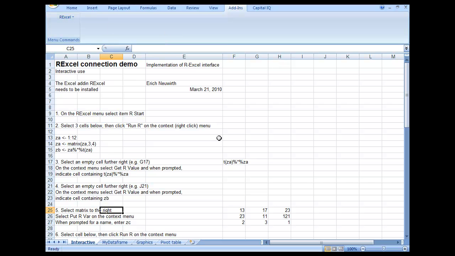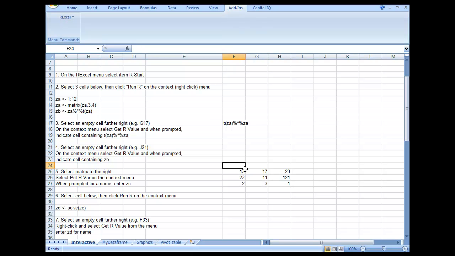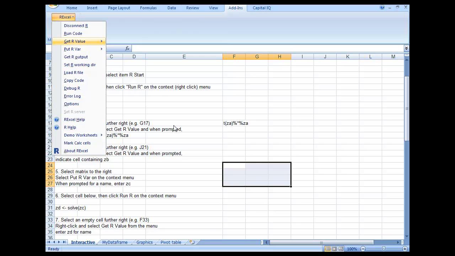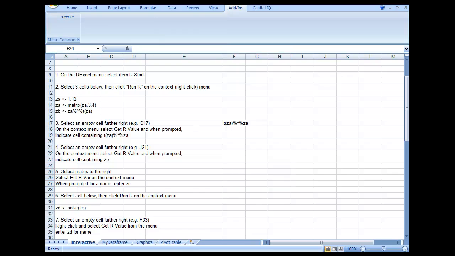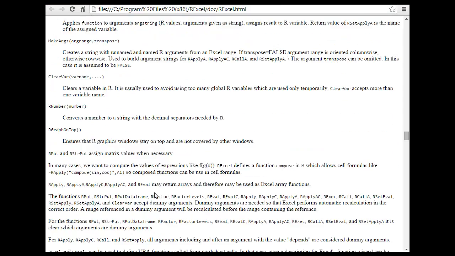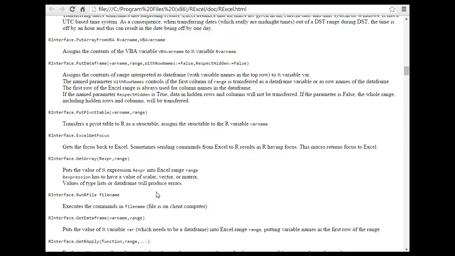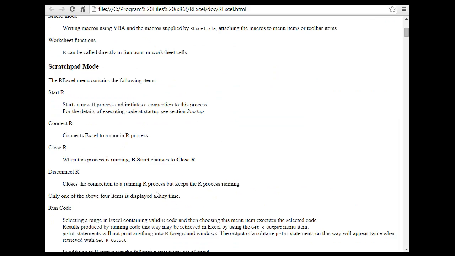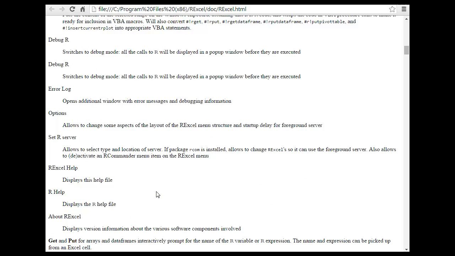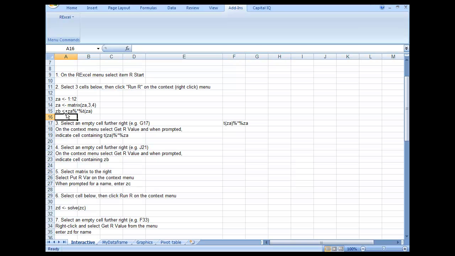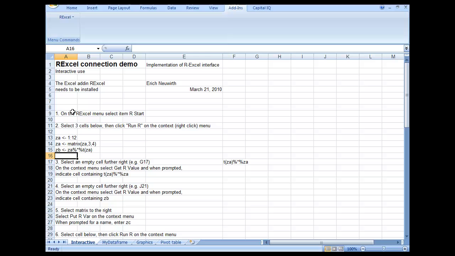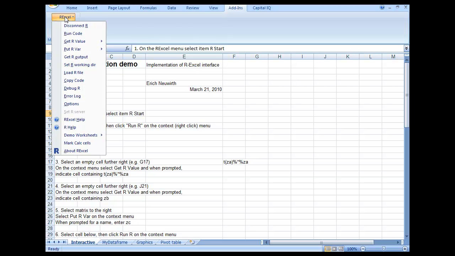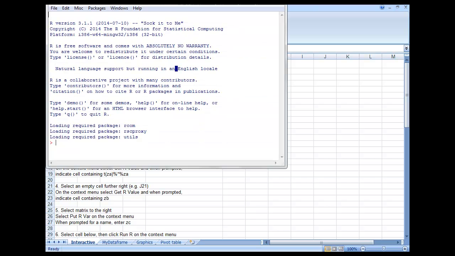I was just checking this add-in and I'm going to do some of the plays again for you. So the add-in's name is RXL. It can do a lot of play. You can run this from Excel, you can run this from VBA. I did not try it with VBA, but once you connect R, you can get things into R. So here is some example. The first example is you should have this add-in and you should start R. When I clicked on this start, an R console came up.